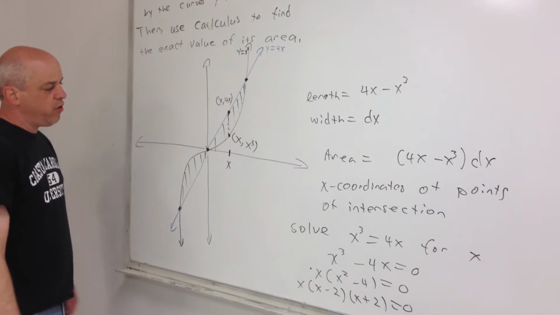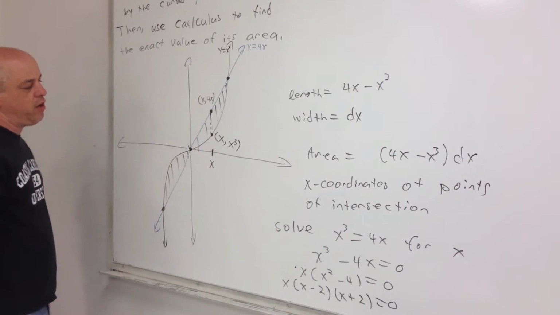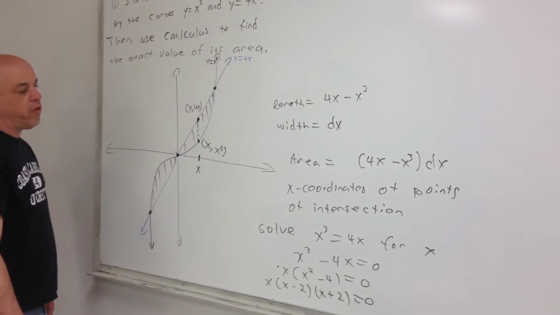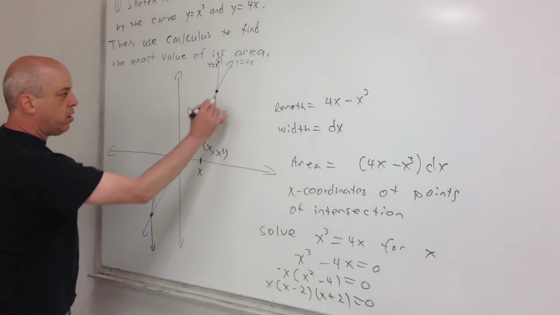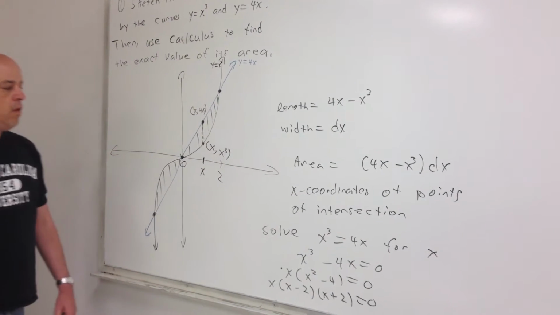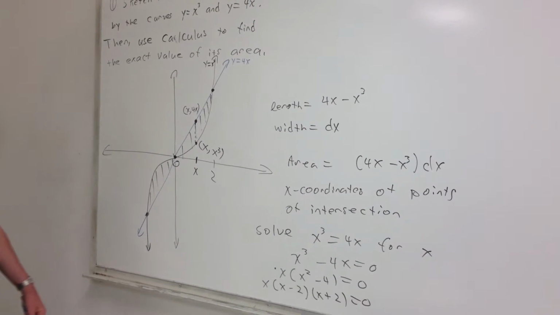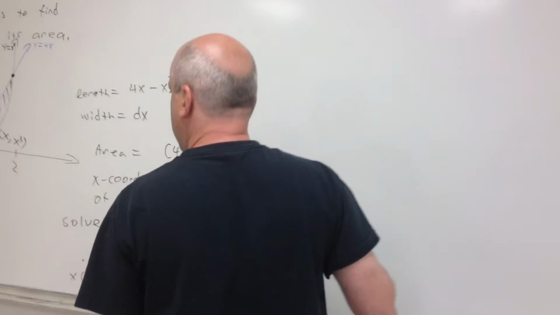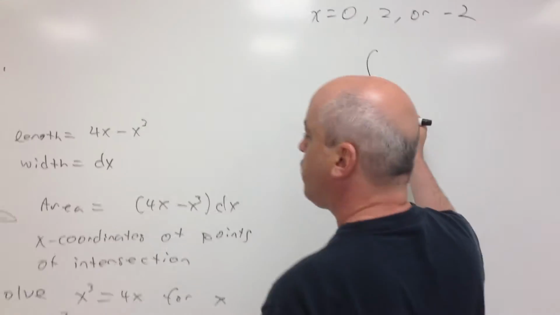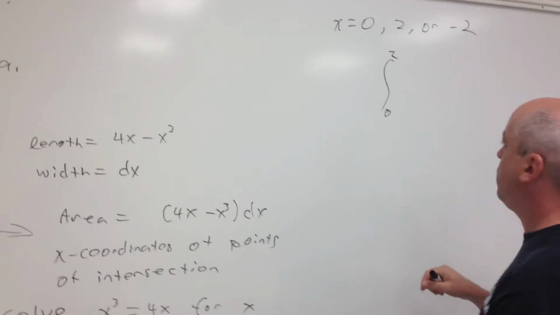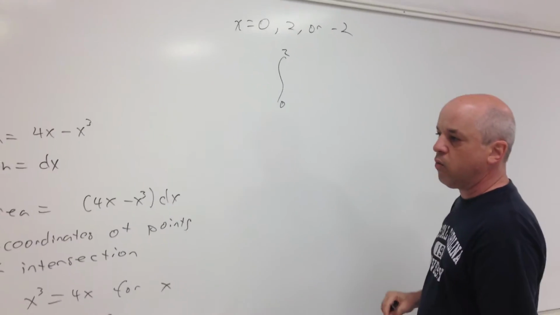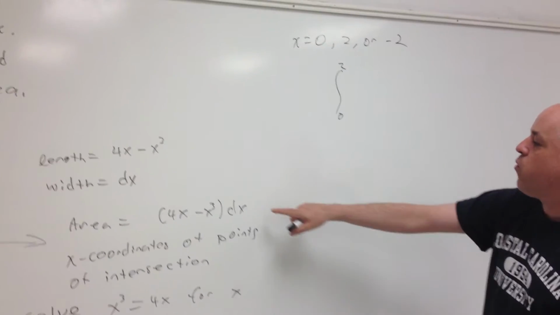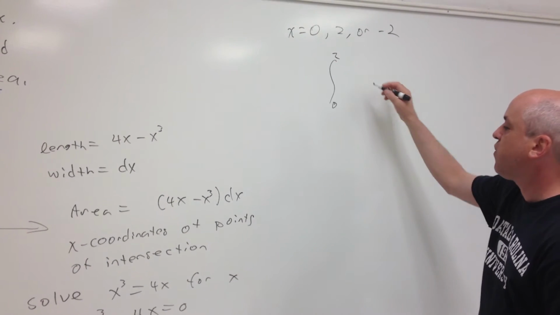Now, as we noted earlier, we're just going to take the area of the right half and double it. So it should be clear now that if the 3 coordinates are 0, 2, and negative 2, this one's 0, and this one up here is 2. So how many vertical line segments do we have in the region? We have one for every value of x between 0 and 2. We're going to use the integral to add them all up, S for sum. The 0 and the 2 here are indicating that we're only going to be adding these up for x values between 0 and 2. And to get the area of the region, this is what we're going to add up: 4x minus x cubed